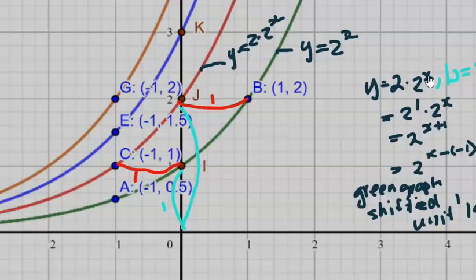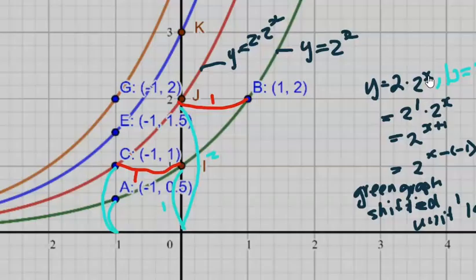So this is 1, this is 2. If I look at another point, like for instance here at x equal to minus 1, then I take a half, because here we have a half, and that is stretched 2 in the vertical direction, and that will give me the point 1. So here we have 2 ways to get to the graph of